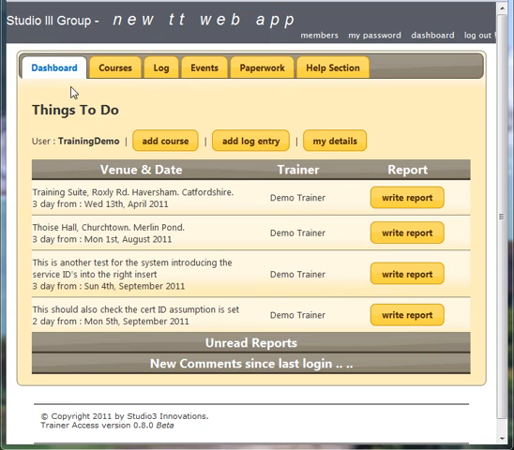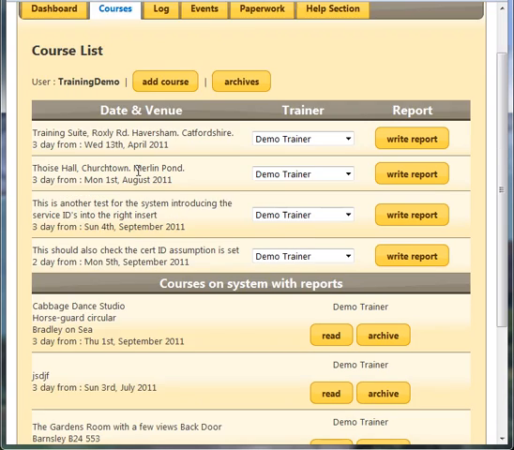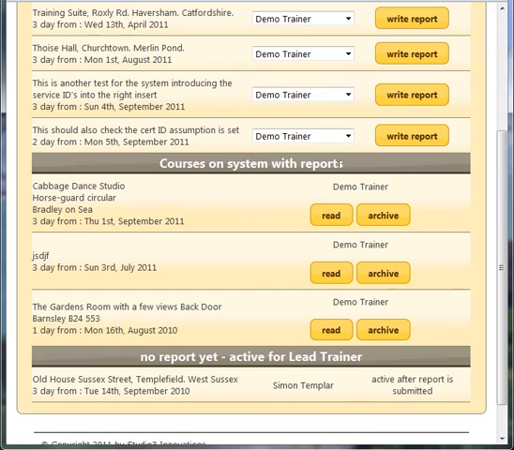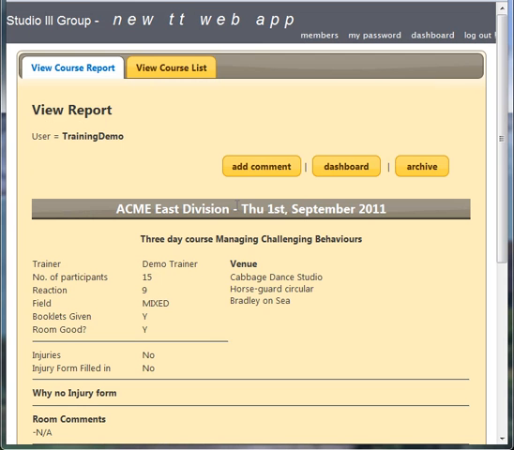When we go to our dashboard, the report we were just writing won't be there because it's our reports, we've already read it. But it will be in our courses on the system with reports. Now I can press archive there. Archiving will make sense in another video, but I want to read the report at this point. So I read the report,